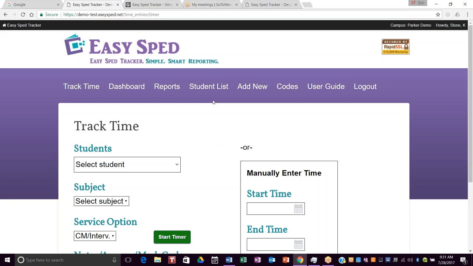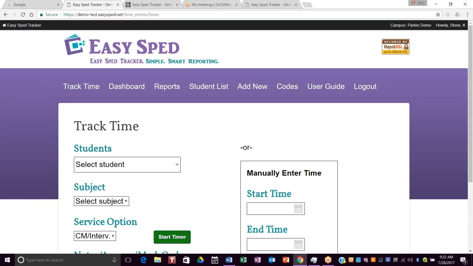And I would check with your district how to handle that procedure if you have a sub that day, or whether or not they want that time logged in,